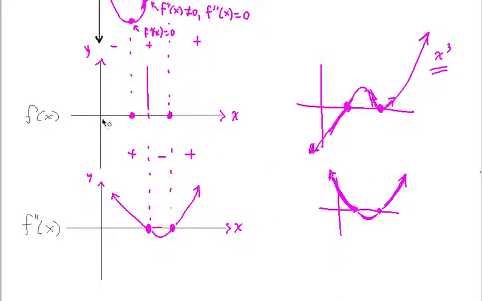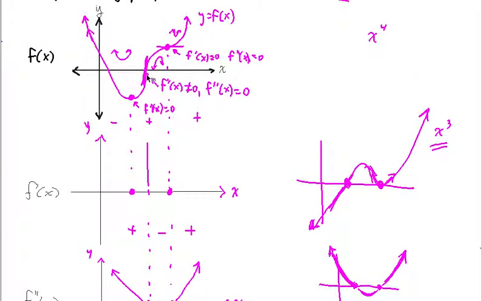Okay, now what about f prime of x? Okay, let's look back at f prime of x. At this point, this is my inflection point. We said it's going to look something like this. Okay, it's probably going to look like this. At this inflection point, we know that the f prime of x is not 0. And in fact, we can assume we know that this will be a critical point. Okay, whenever the second derivative is 0, the first derivative will have a critical point at that x value,